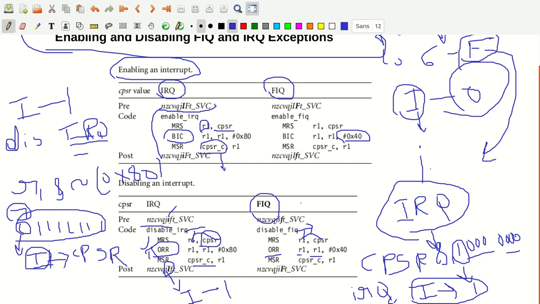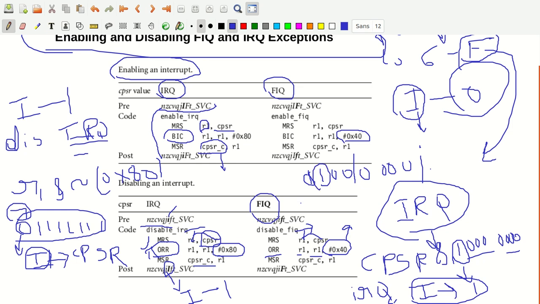ORR R1, #0x40. Here before you did 0x80, but now you are doing 0x40. Why are you ORing 0x40? Because this is 0 1 0 0, this is 0 0 0 0. This is 4 basically, isn't it?